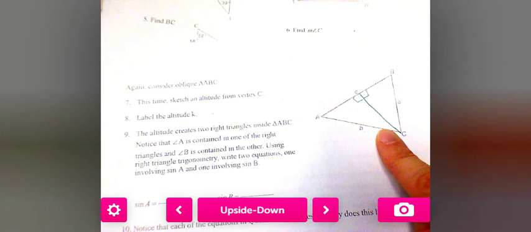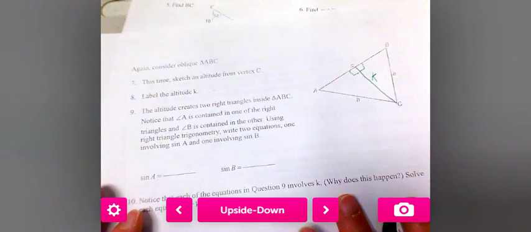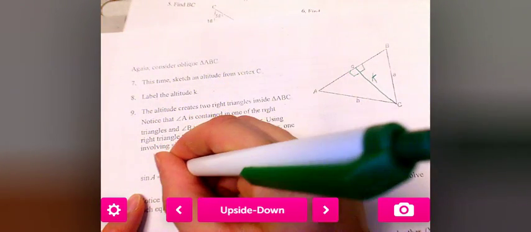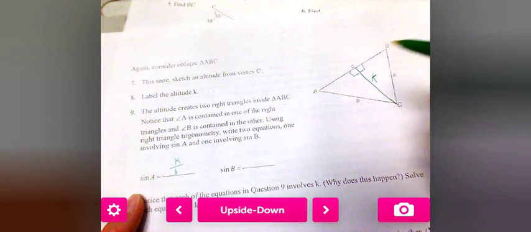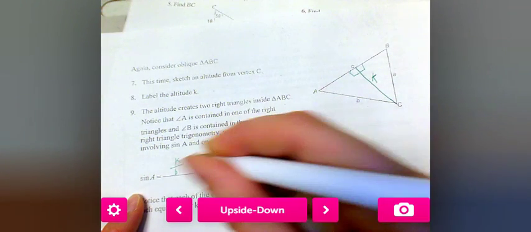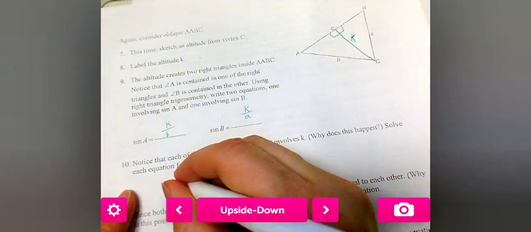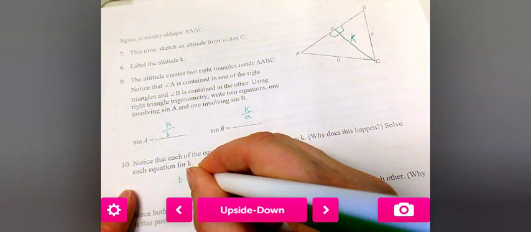Okay, this time we're going to sketch from C. So we're going to make an altitude right here. I'm going to zoom out again a little bit so you guys can see the picture. Make an altitude from C, so I have two right triangles from C. I'm going to label this K again. Now sine A is K over little b, and sine B is K over little a. Then I'm doing exactly what I did on the front. The first thing is to solve each equation for K, so I get little b sine A equals K,